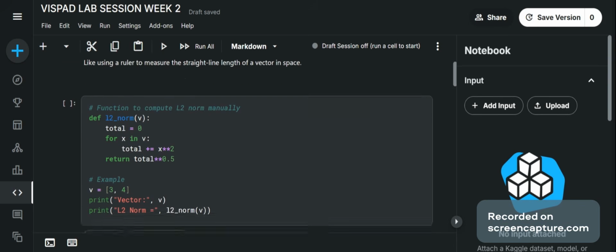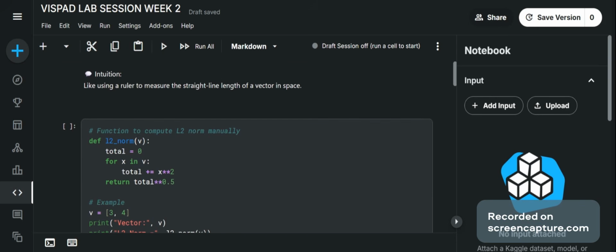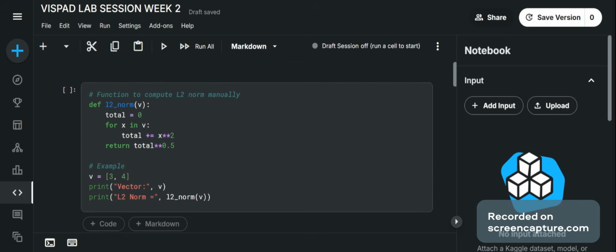For this one, using native Python, just like how we did in last week's lab, where we wanted to find the addition, the scalar product, and the dot product of vectors, we used a Python function. We wrote a certain function which receives inputs, which are vectors. And then based on those inputs, the function computes the addition of those two vectors for you. So for calculating the Euclidean norm, which is the L2 norm,